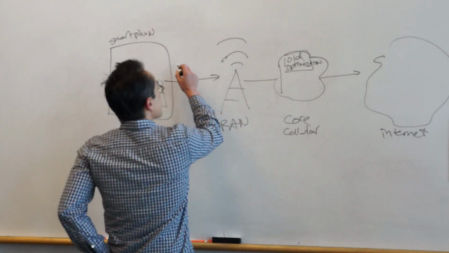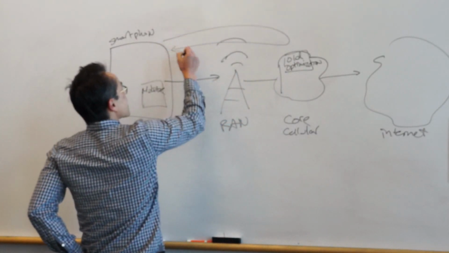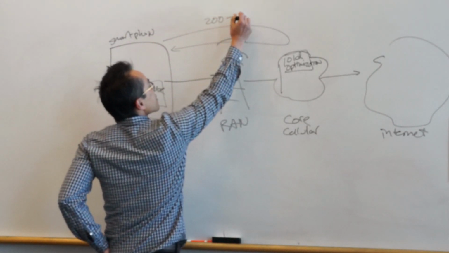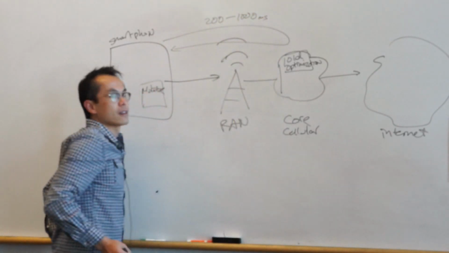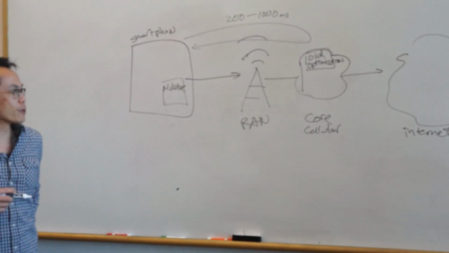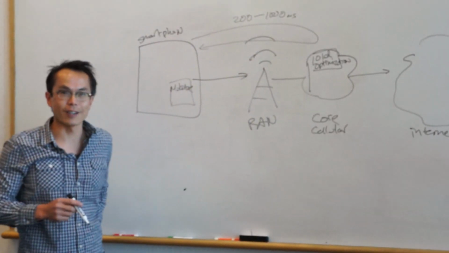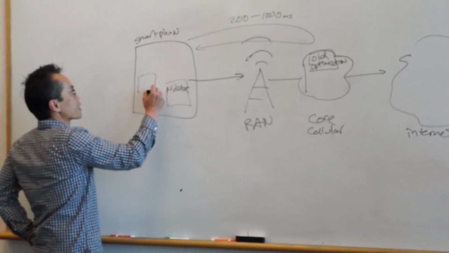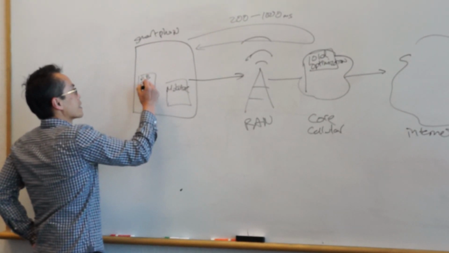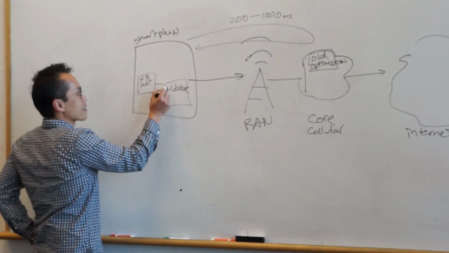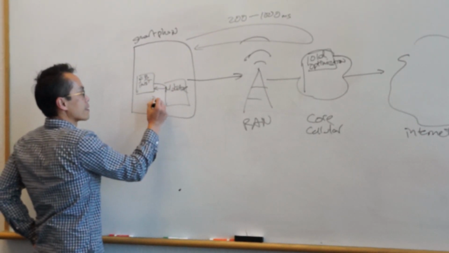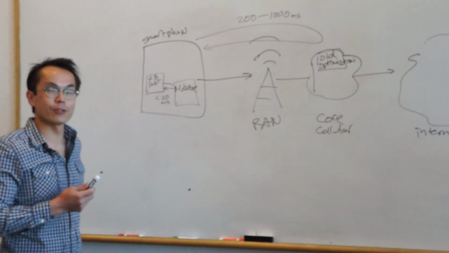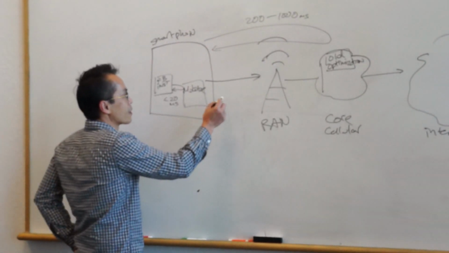What this results in is, if you were to optimize in the network, it would take about 200 to 1,000 milliseconds to be able to turn back, for example, cache content in the core network. Instead, what we can do now is, when your application, like your Facebook, Instagram, and so forth, needs to access content, we can turn that response back in under 20 milliseconds. And what this enables is a faster, better user experience, while at the same time reducing the load on your network